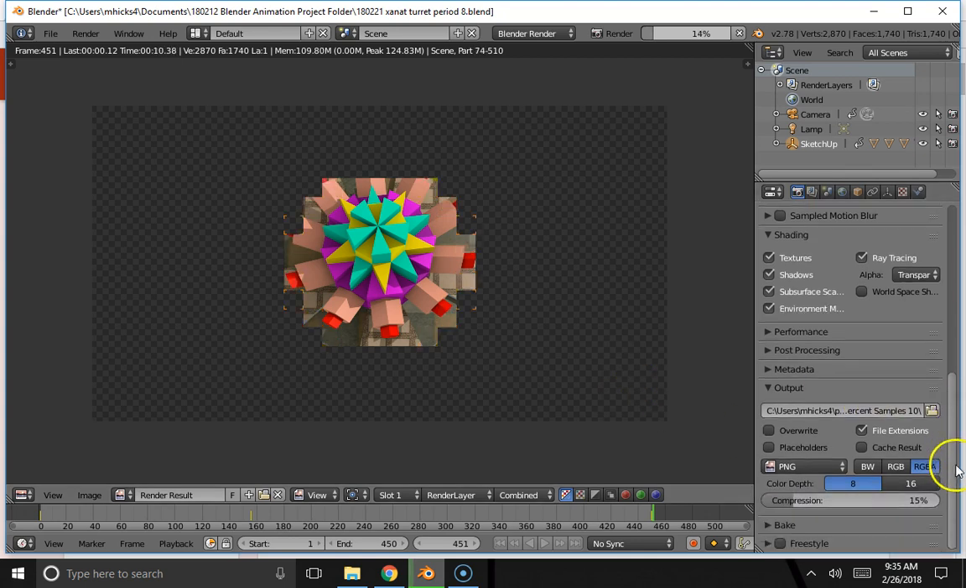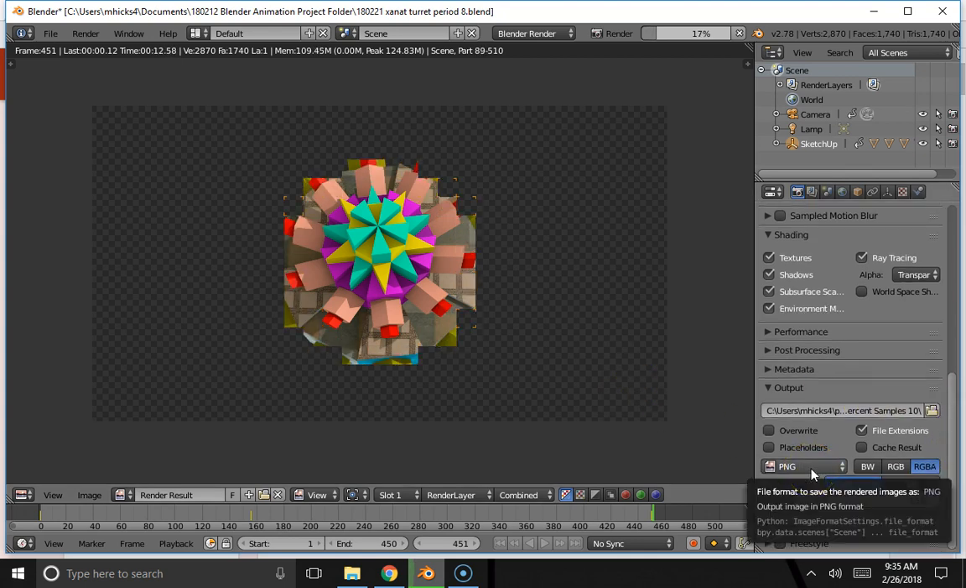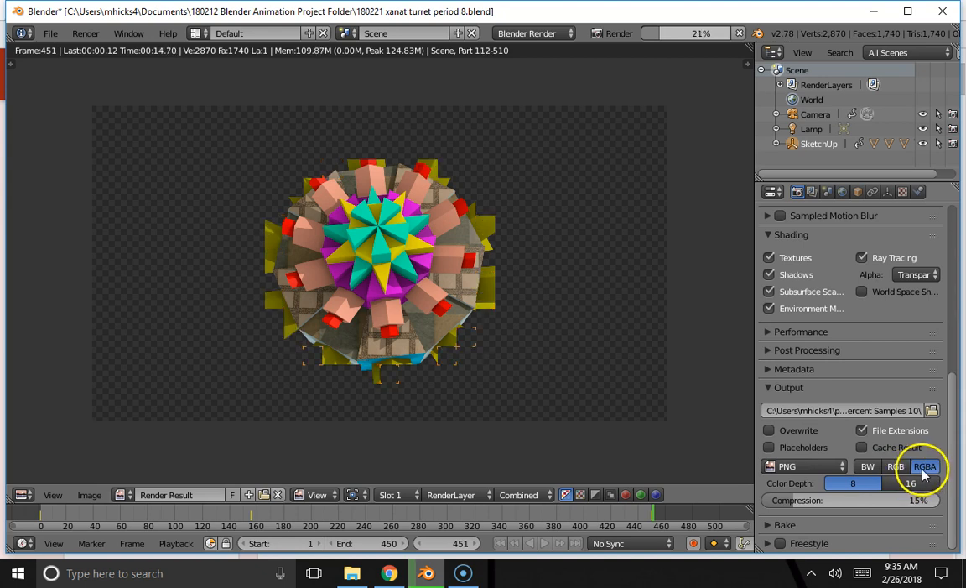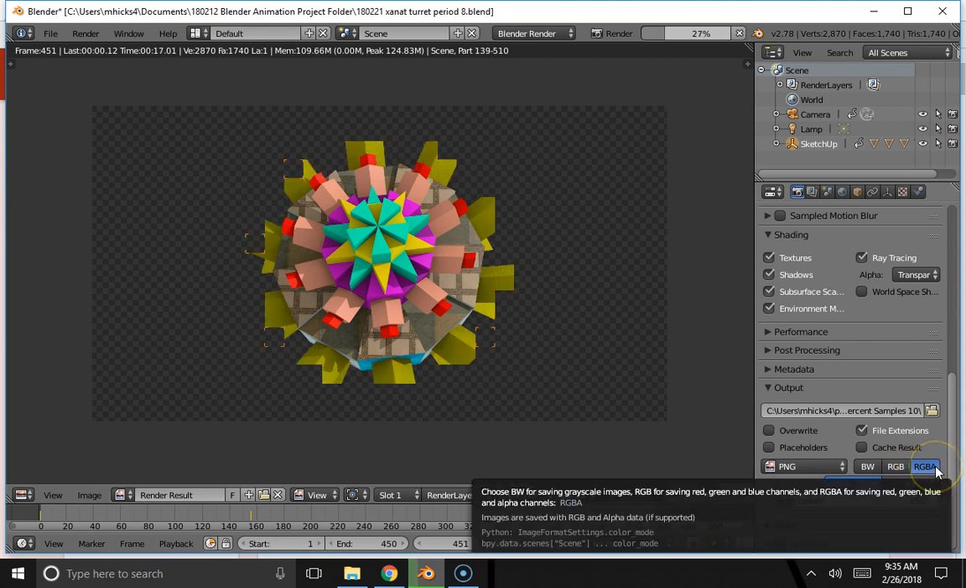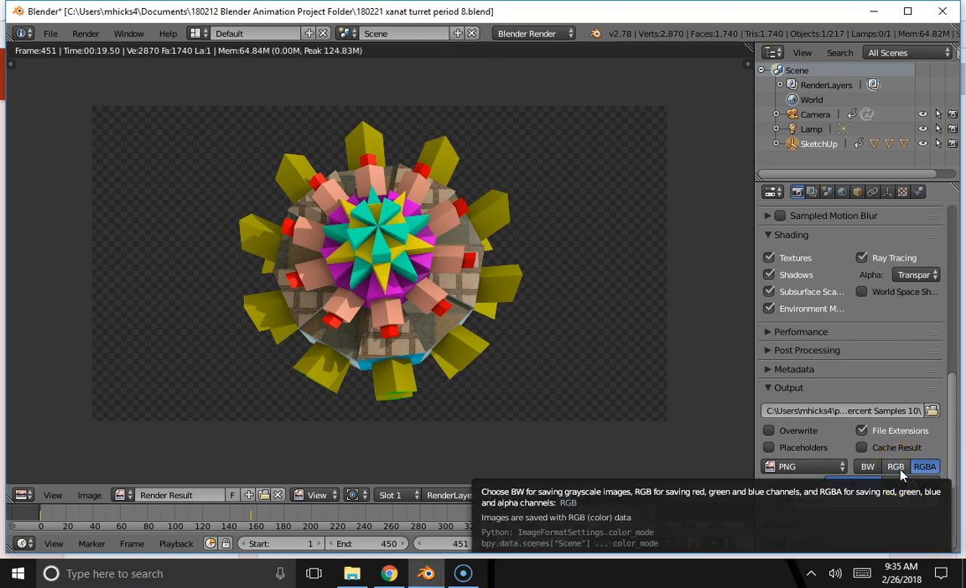You can also see down here that I've got it set to PNG, and not only that, but it's set to RGB alpha, alpha standing for transparency. Without this, if it's on RGB, it will fill those pixels in with black, and we will not be able